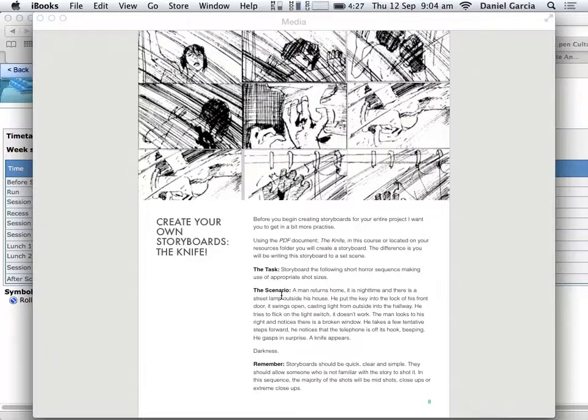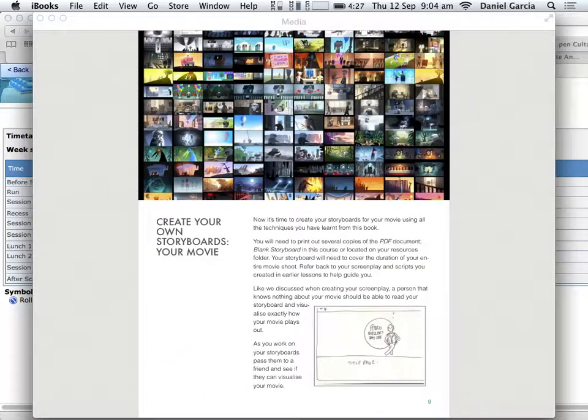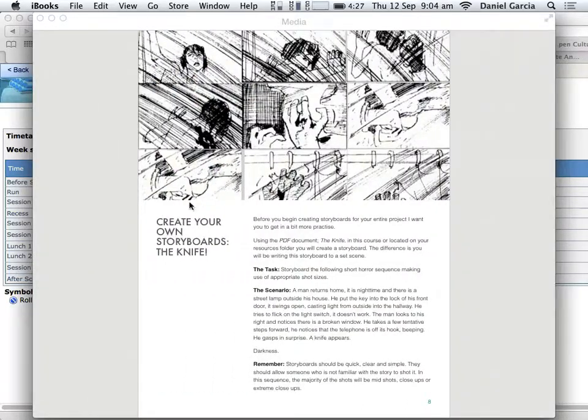And then finally, you are doing the storyboards for your movie. This will be the biggest one, okay, because it's for your entire movie. There are 3 things that need to be done, okay? I would expect that the first 2 are most definitely completed by today. Okay, we started last week. That was a week ago. You had plenty of time to do this. Okay, you can do it in your own time. You don't need to be here to do these 2 things. You had the resources in your book, so you had no excuses.